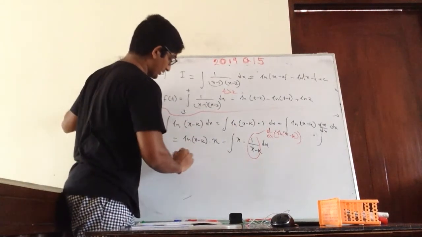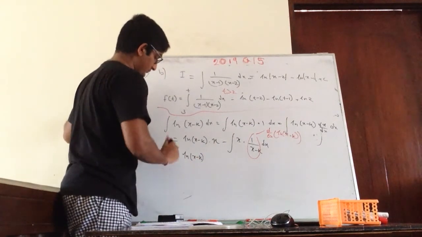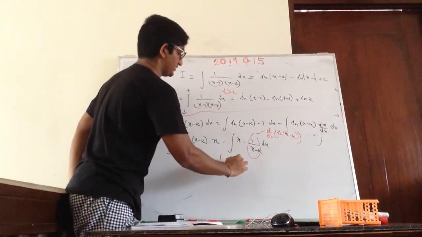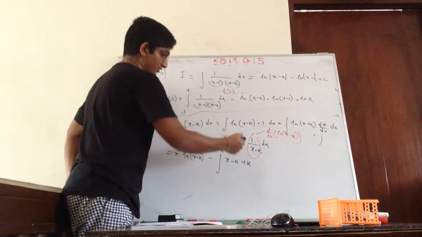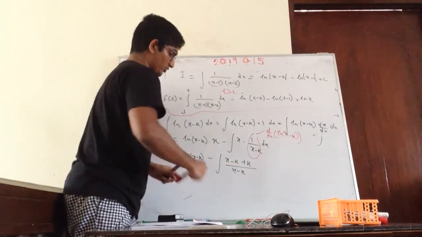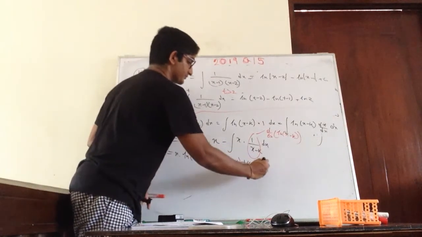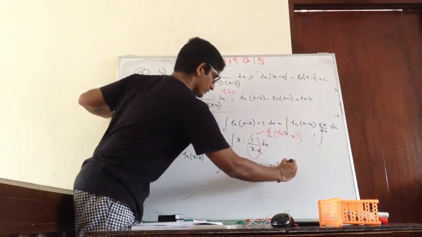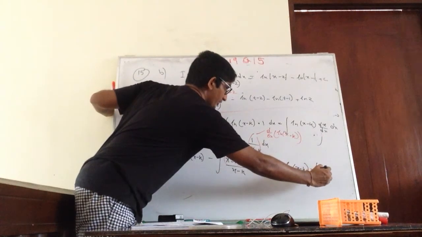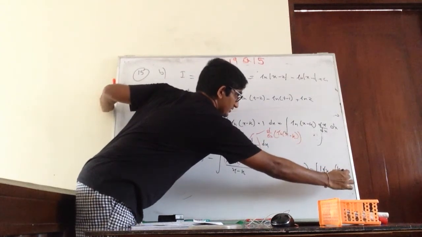Right, so now let's find the rest as well. So I'll put the x here. Then I'm going to write this as x minus k plus k. No problem, so x will be there anyway. So that is x minus k. So I'm going to separate this so that I'll get minus 1 dx plus k over x minus k dx.